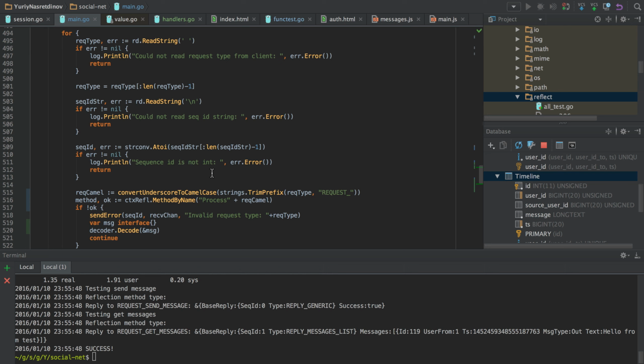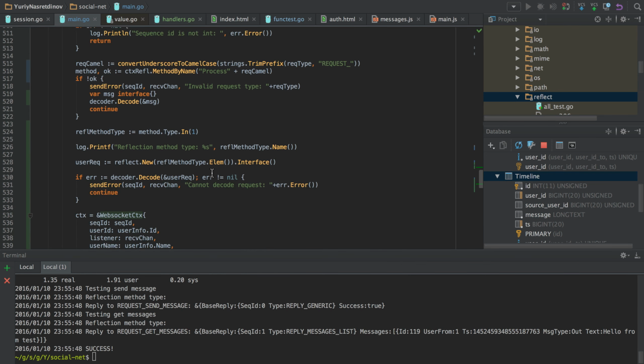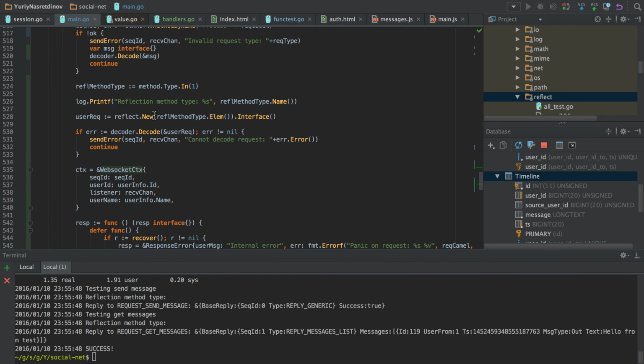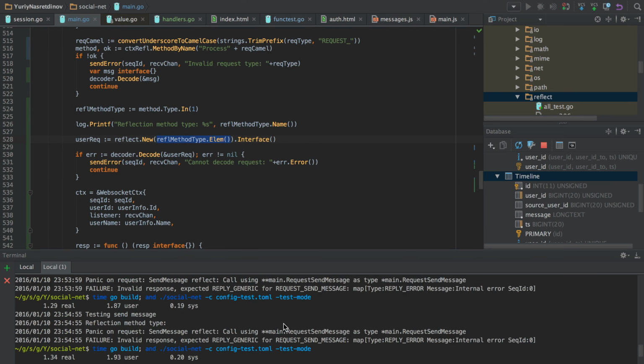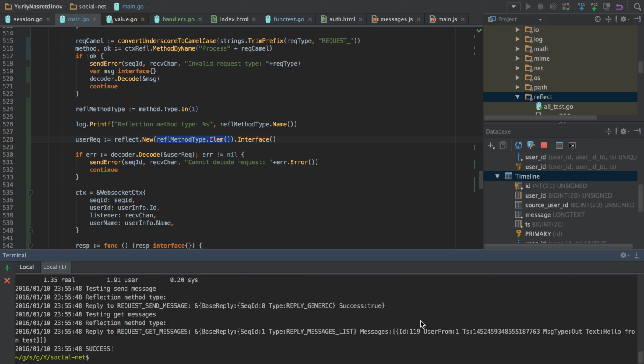So the type is good there. And when we got the reflection method type, the type of an argument, we need to remove a star, because we create a new object, if you would say.